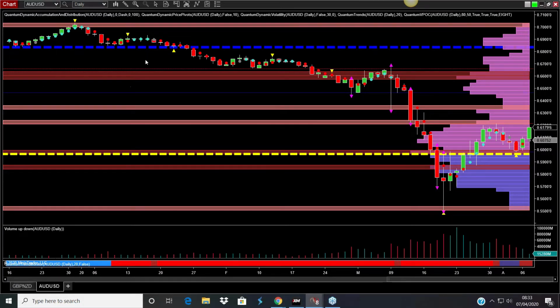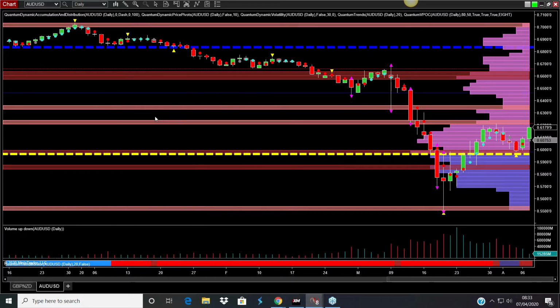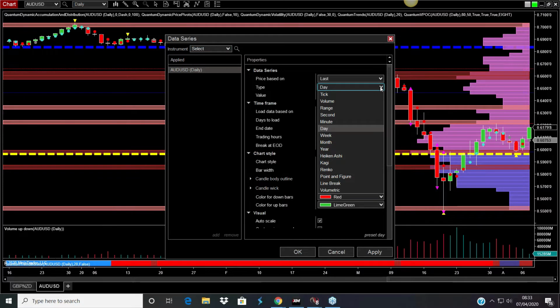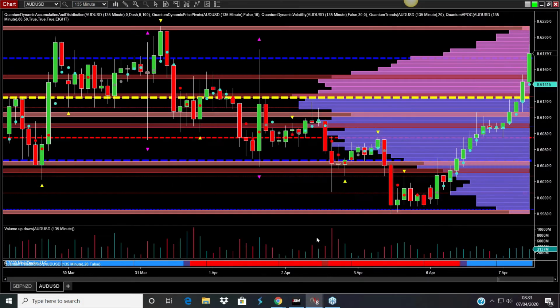I'm just going to move back to the 135 here, because the higher time frame also gives us our all-important support and resistance levels. That is where this price is going to, and you can only get that from the higher time frames. On the daily chart, it's a little bit too far away from what I want at the moment, so I just want to go back to 135, which is why I put it up before, not 1135. There we are. And I need more days to load on NinjaTrader. I've just put 100 days here. All right, here we are.